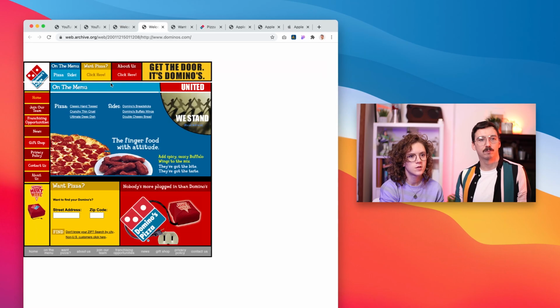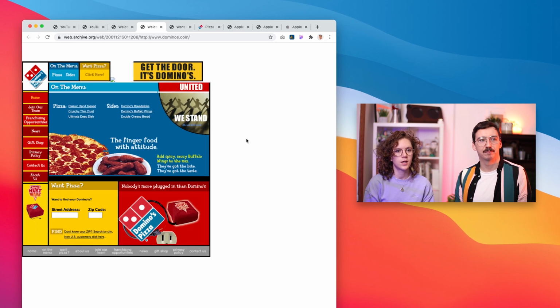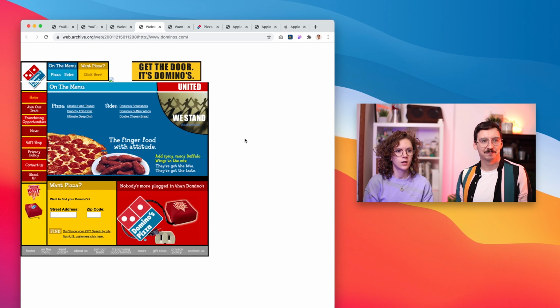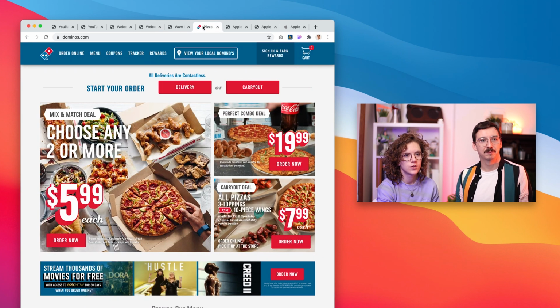Exactly. So if we go forward a few years, this is 2001. It's still quite a similar side menu, with the silliness, the finger food with attitude, and the colors there. And it's actually kind of cool to see how the whole page layout is like a domino. You've got the box there and then the two underneath, so it's like an upside down version of the logo. And then skipping way ahead to modern day,